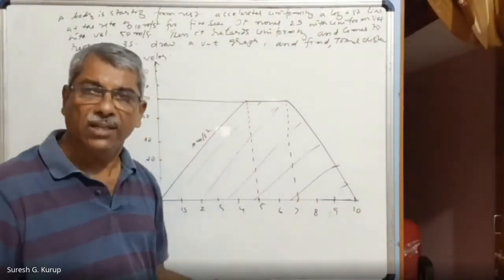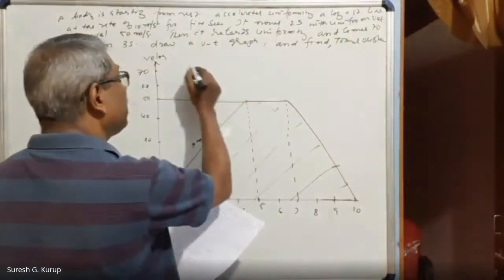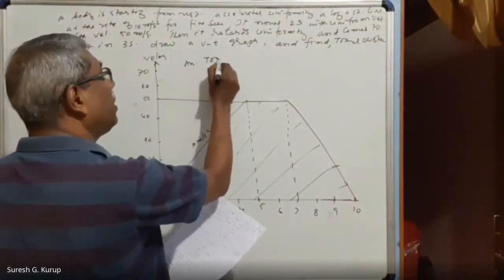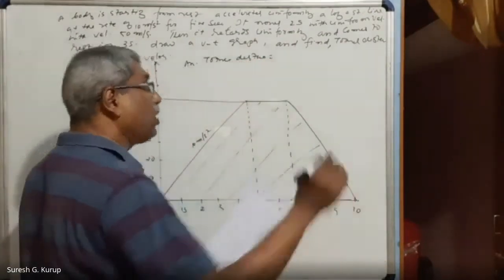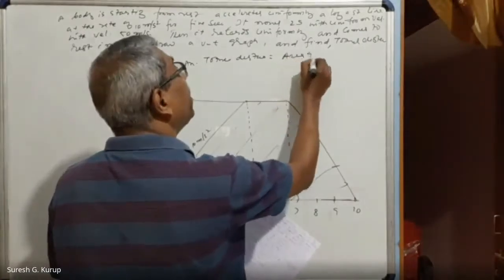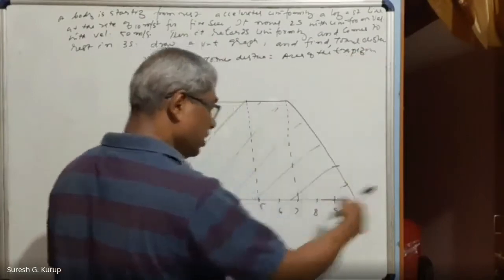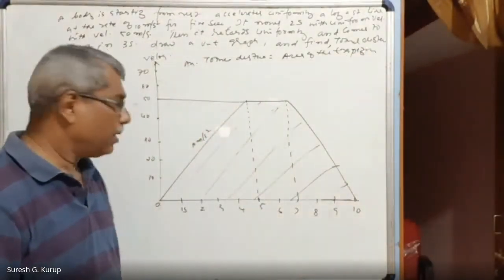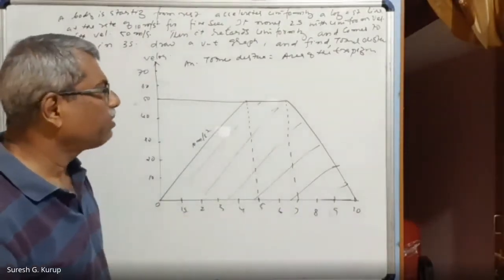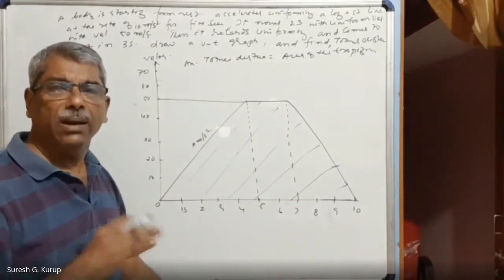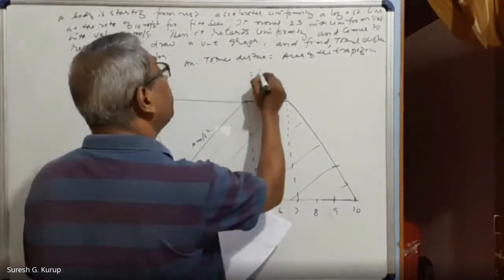When the journey ends, the total distance traveled is given by the area. Answer: total distance is equal to the area of the trapezium. This VT graph makes a shape like a trapezium. The area under the VT graph is equal to displacement. Therefore, this is equal to half into